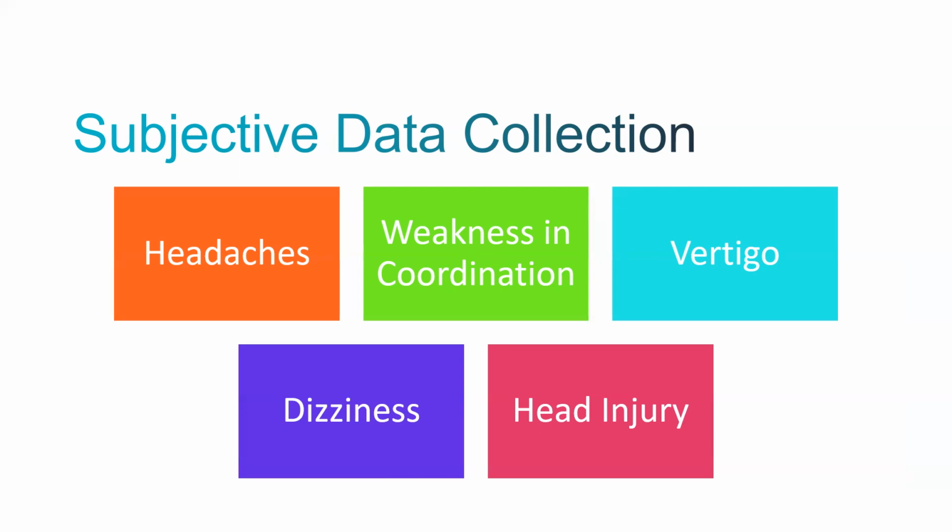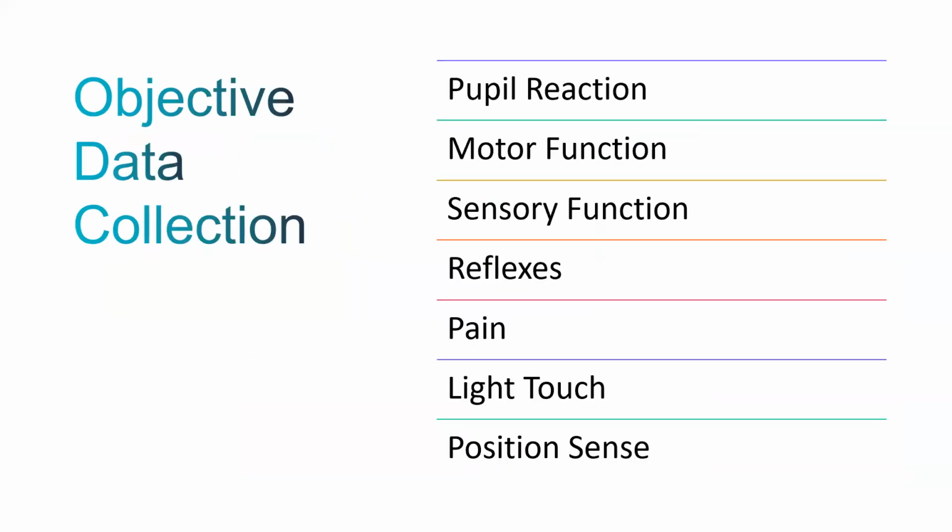Okay. So then when we move on to objective data, now we're digging deeper, gathering information from assessing those cranial nerves, to looking at vital signs. We're going to have to determine the patient's level of consciousness, their pupil reactions, what's their motor function, their coordination, the sensory function, the cerebellar function, and all of the reflexes, all that's going to come under scrutiny in our